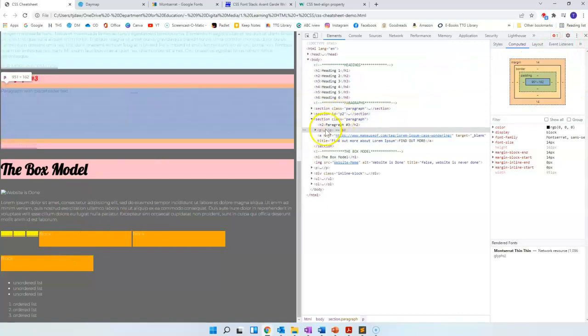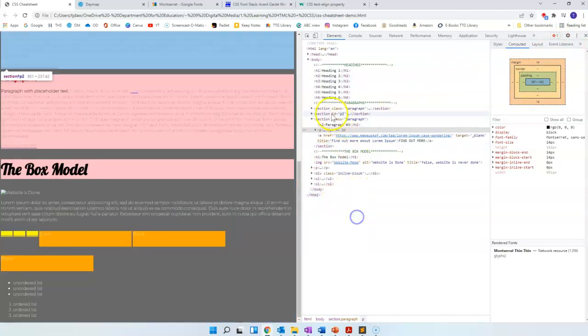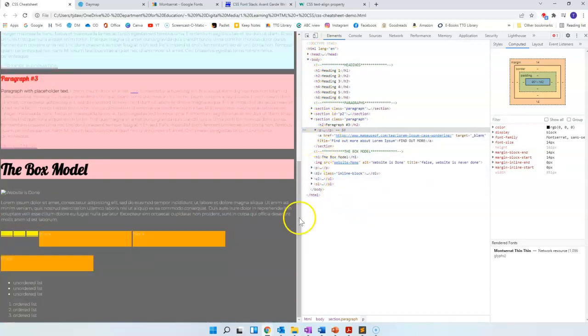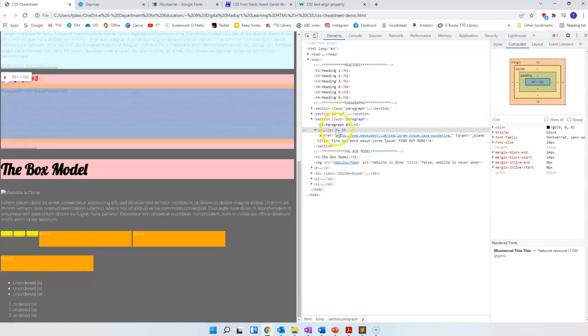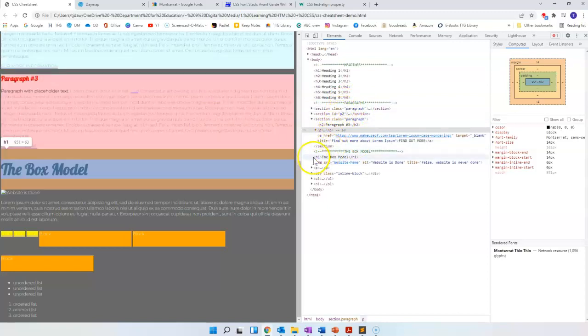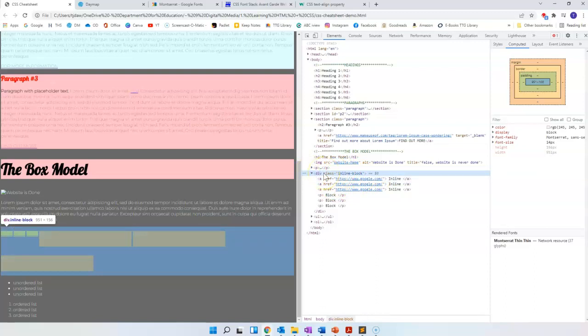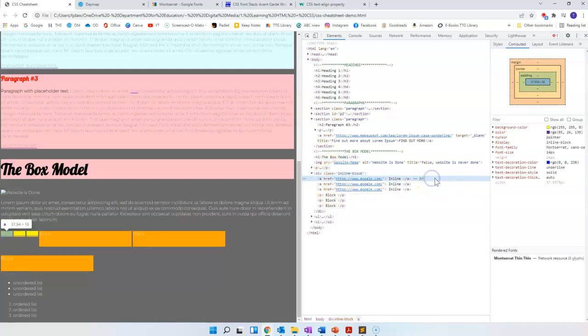So if I was to hover over this block text here, over here we have your HTML. Unfortunately, in this browser format using Chrome, which is what I'm using, we are unable to edit our HTML directly here. However, from my knowledge, I think that we can edit directly if you're using Firefox, so you're welcome to swap over to that if you like. For us, what we're after is this class. It has these drop-down boxes that order and simplify your code a little bit, so it makes it easier to read. But if I were to click on this part here, it is going to directly show me what is content,